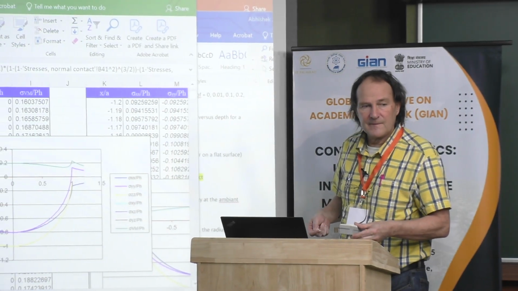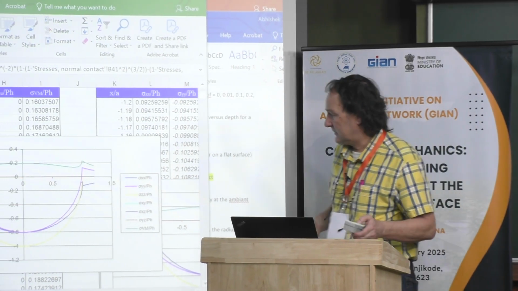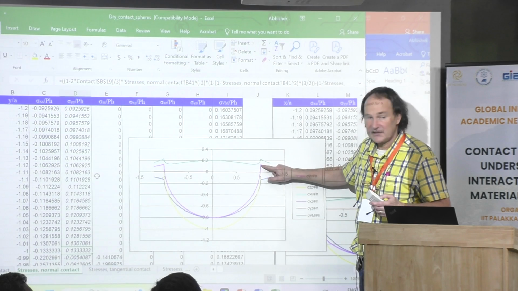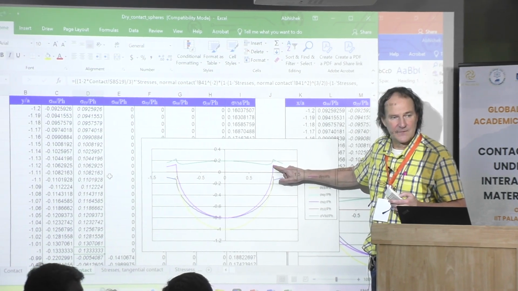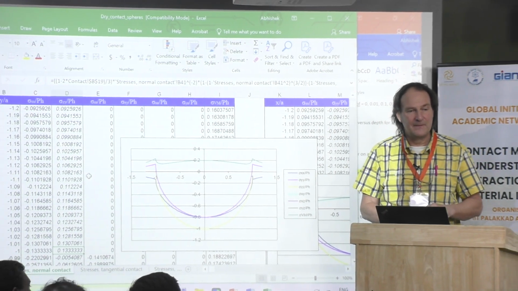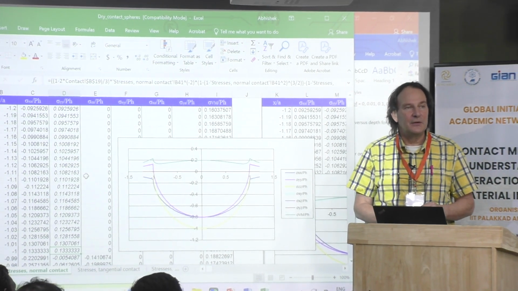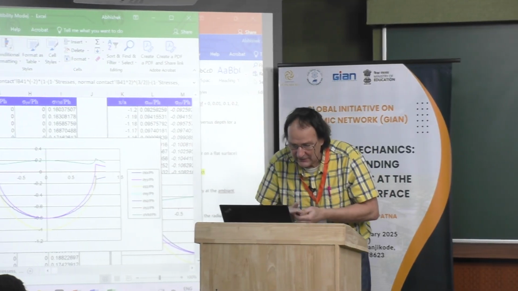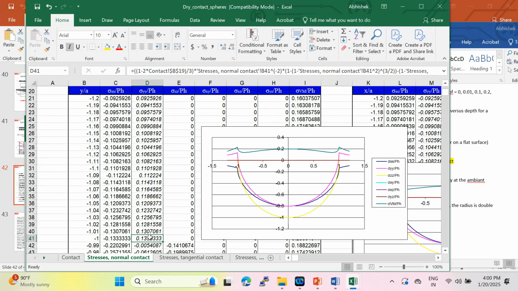At the edges, you have a little peaking of the stresses, right? Yes, on both sides. And this is the radial stress. Okay. This is because of the corners. No, there are no corners because this is a sphere on a flat surface. So this is the Hertzian cracking. It causes the Hertzian stresses, tension. Yes, it's in tension. Then if you look at where this value is, it is just here, which is in fact at this point.